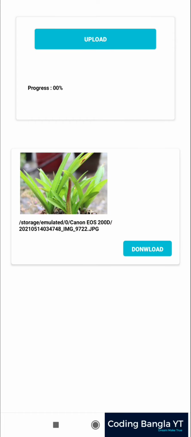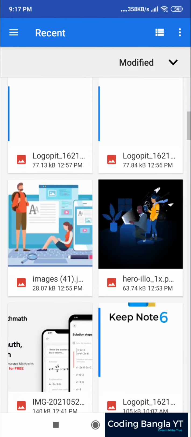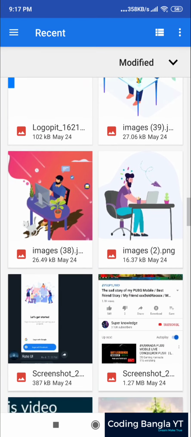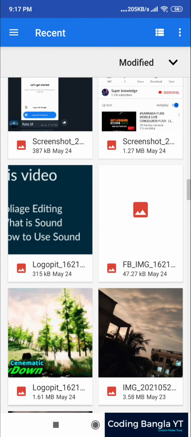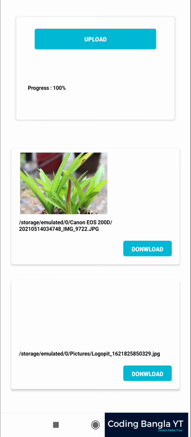In this video I'll show you how you can simply upload your image from your device to your Firebase storage, get your image into the database, and in future download it. As you can see, I already created an example app. If I click upload now, it goes to my file picker options, and I can pick any type of image from here. For now, let's pick this image. After picking the image, it automatically uploads to my Firebase storage, and you can see the progress. Once the progress is 100% complete, it automatically adds my image to my database.